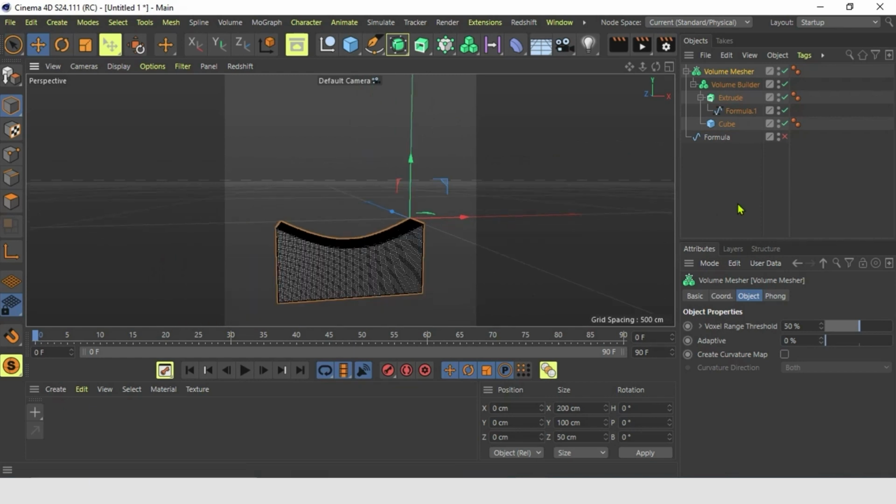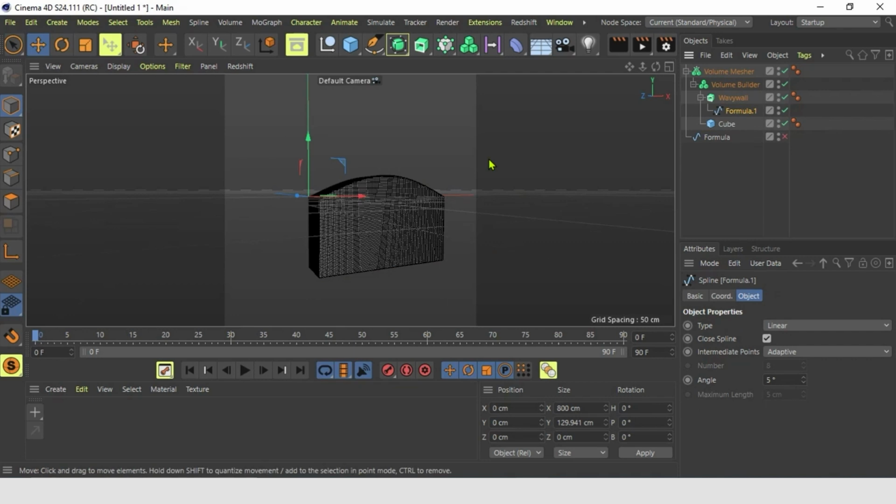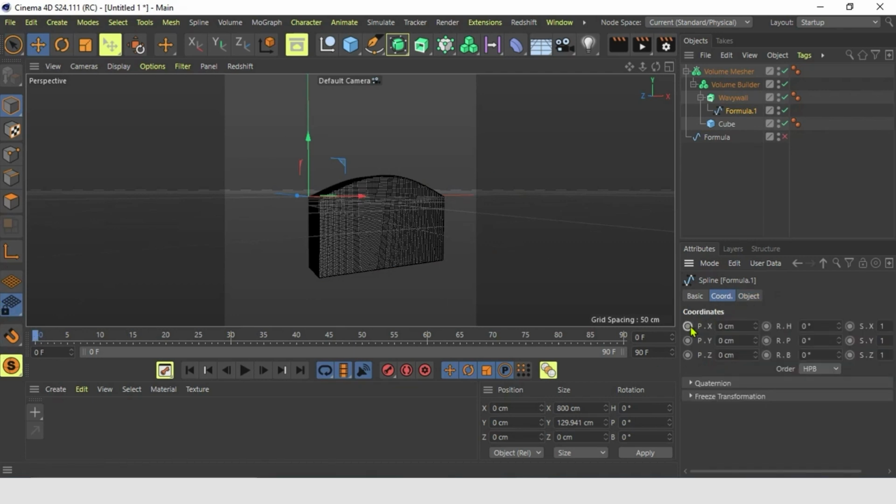So if we go now into the extrude, we select the wavy wall, let's call it wavy wall. We choose the wavy wall, go to coordinates, go back to 0, set the keyframe, and we go to 60 and move this minus 400 centimeters, so that we get exactly a cycle, minus 400, and we set the key.